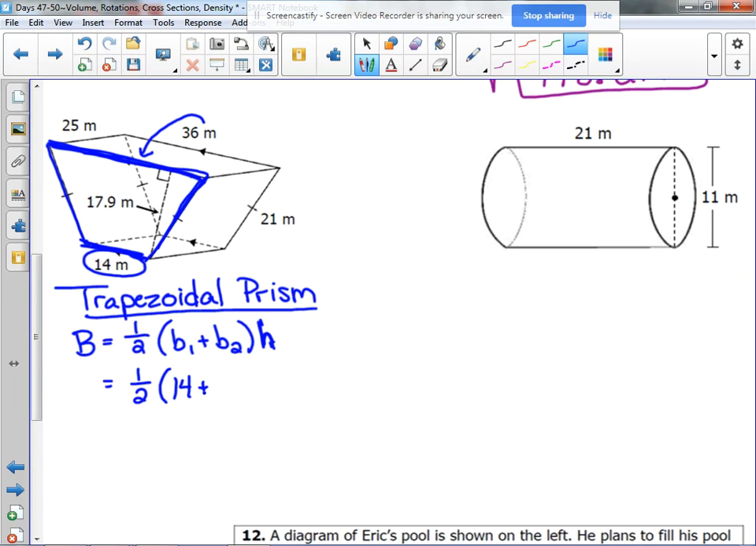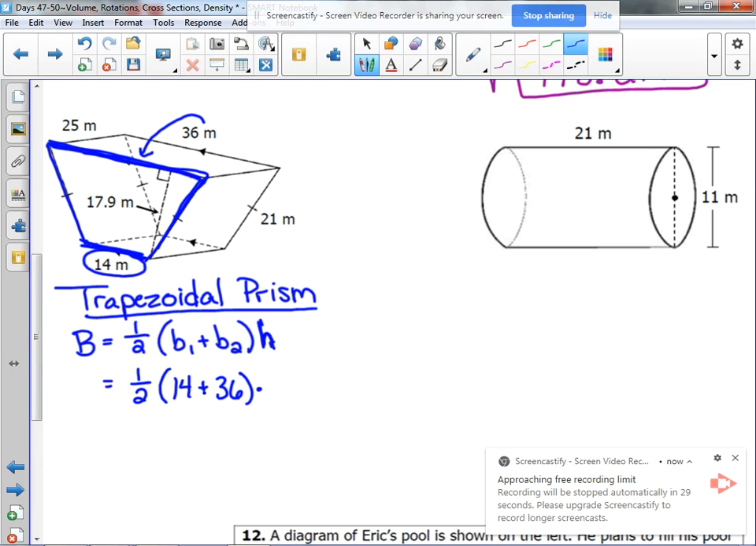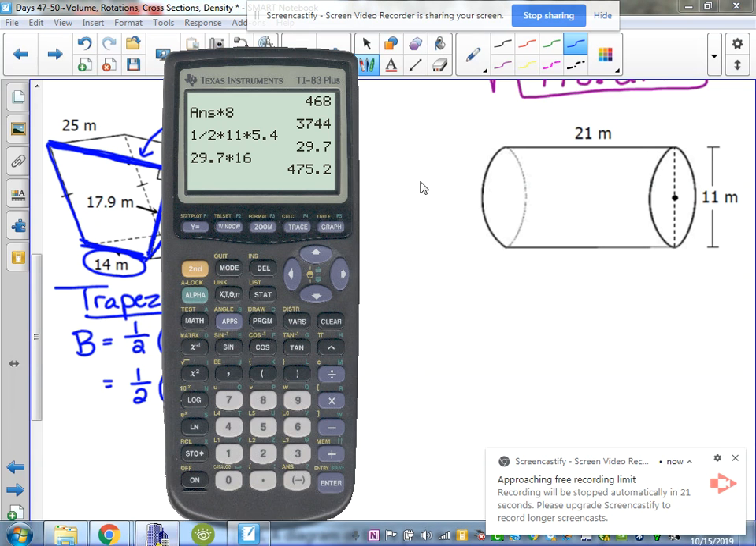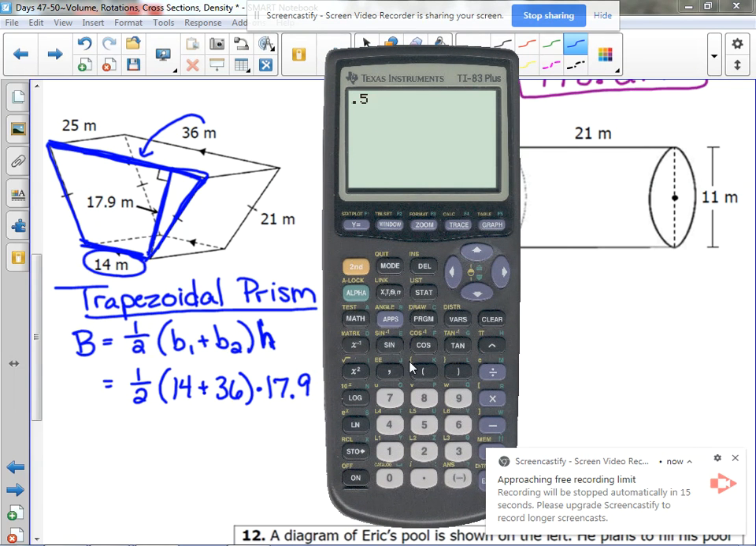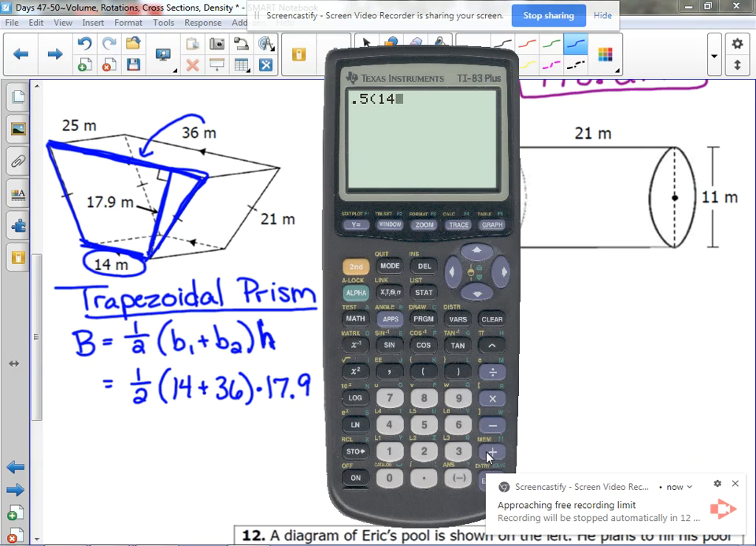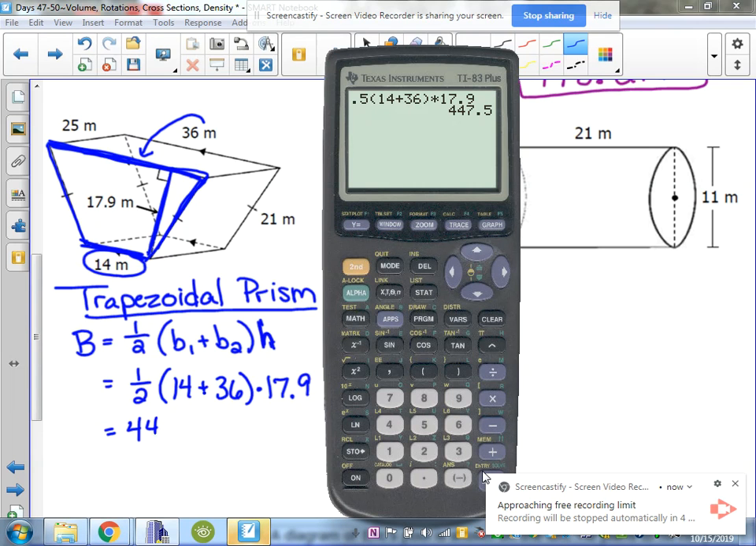Now, it's not written on the one that I have highlighted, but it is parallel to that one in the back. It is exactly the same there. So there's 36. The height of the trapezoid, that is that perpendicular distance right there. So that's the 17.9. So let's find the area there. I'm going to use 0.5 instead of 1/2. It's the same thing, right? Okay, so the area of the base is 447.5 square